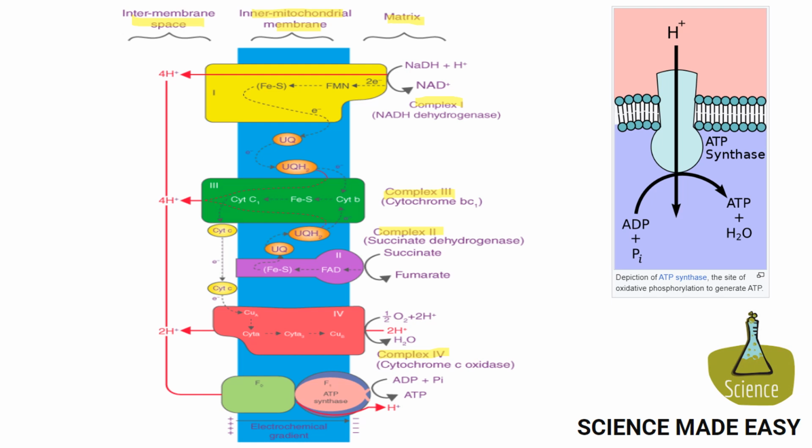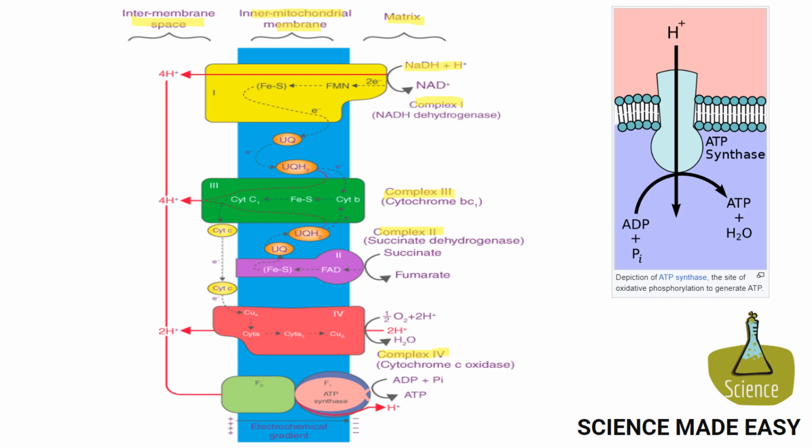Complex 3 is cytochrome bc1 and complex 4 is the cytochrome c oxidase enzyme complex. Here, as we can see, the molecule NADH is being converted into NAD plus, and two electrons are being transferred to the FMN, that is the flavin mononucleotide, and it gets converted into FMNH2. The electrons transfer from FMN to the ubiquinone molecule, and the ubiquinone molecule again gets reduced as